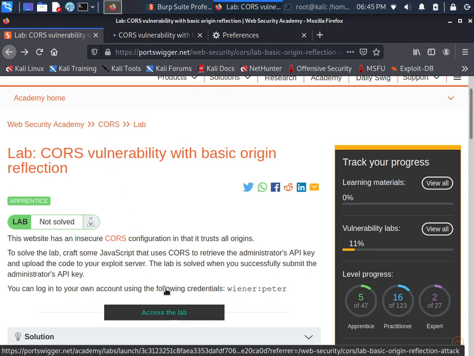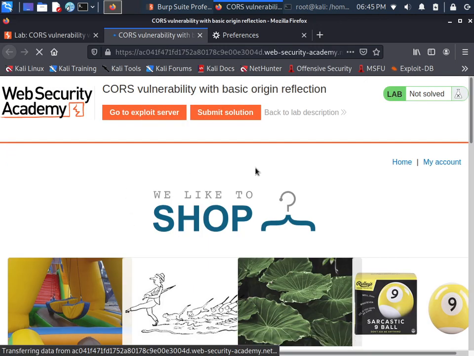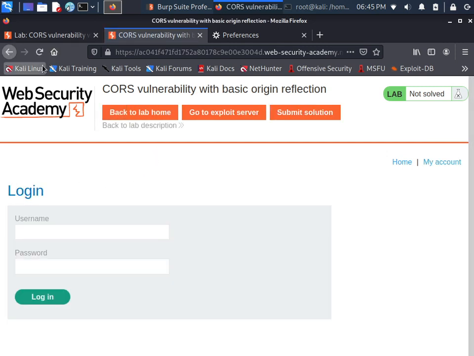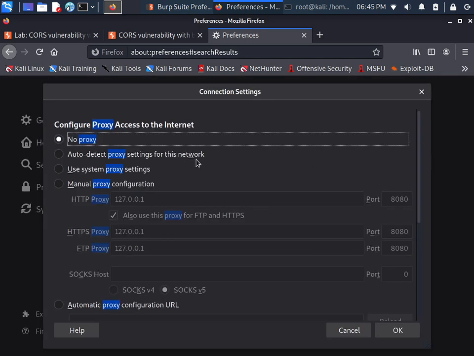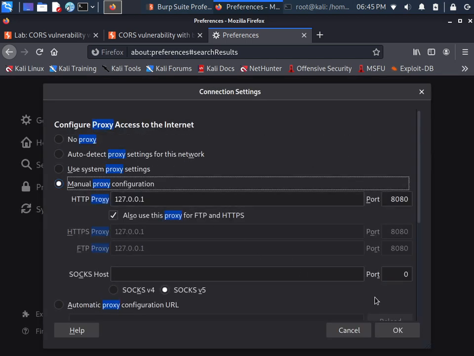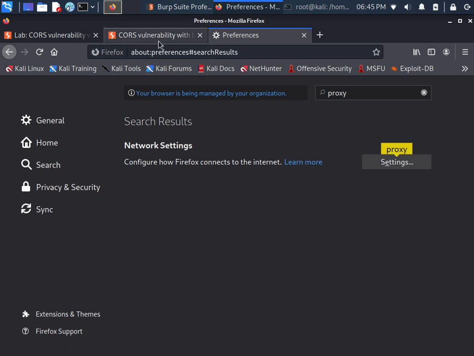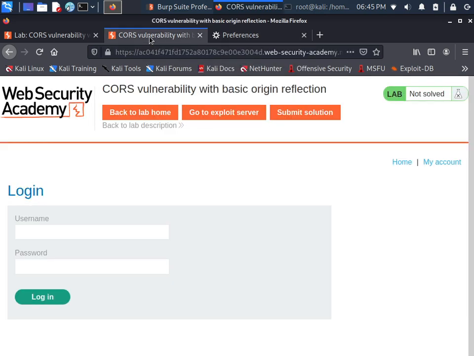When I open my lab, here it is. There is a My account option. Click on it, right? And do one more thing, turn on your proxy. If you have already done it, then it's okay. Turn on your proxy, manual proxy setting 127.0.0.1 on port number 8080, right?